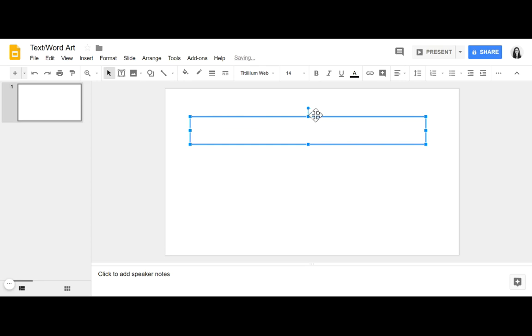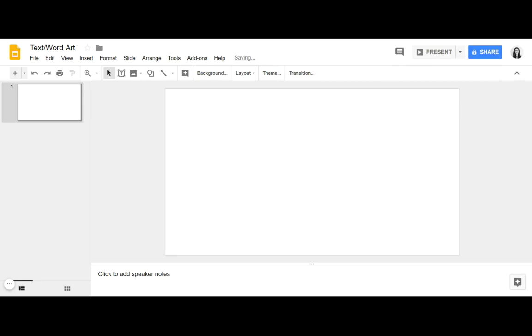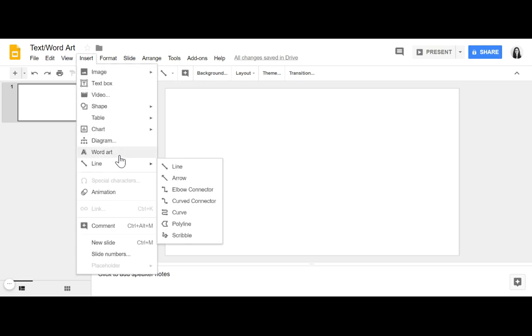So that's just some basic information you should know about text and font if you're writing a paragraph or things like that. Now, this is where things can get kind of fun. So if you're going to make a title, and like I said, you want it to stand out, you want it to capture attention, and you want it to look nice, this is what I recommend you do. I would go into Insert, go into Word Art,